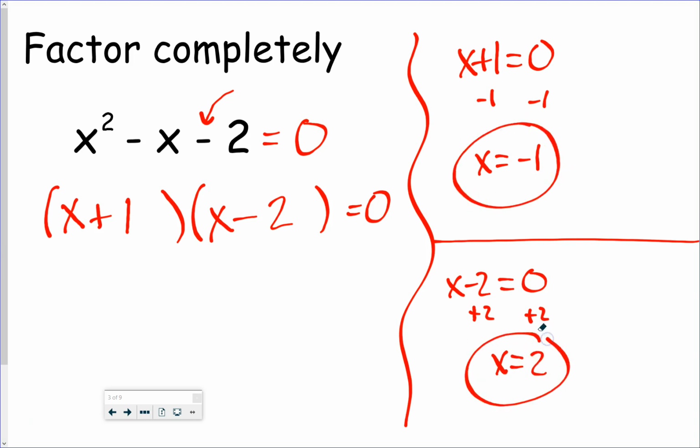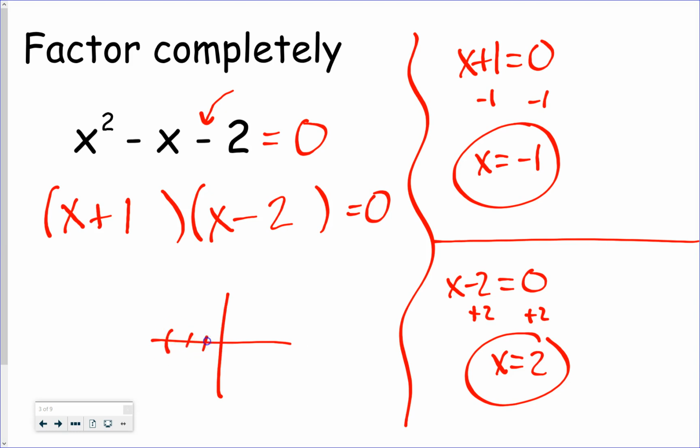Those are the solutions, the roots, the x-intercepts, all those words mean the same thing, okay? If I were to graph this lovely guy, where would it cross the x-axis? At -1 and +2, and it would look something like this. Okay, so that is why we are solving for x. So you could start